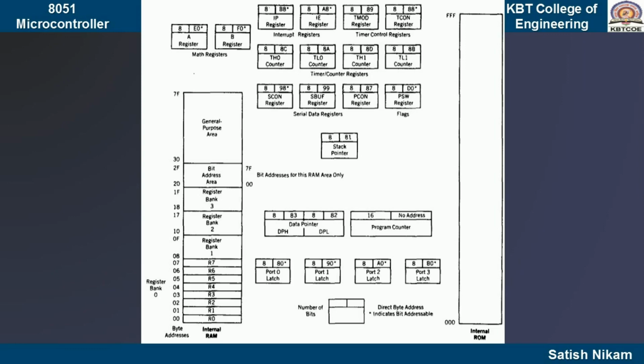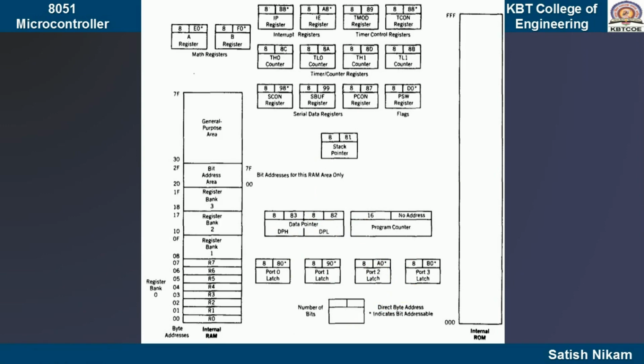Same way, there is one more important register, that is the data pointer. Means the program counter is going to point out ROM, the code memory. Remember, ROM is also called the code memory because we are going to store the code of our program on the ROM. But suppose I have some data and that data is supposed to be picked up. So, that data can be pointed to by one register and that register we call the data pointer. Again, this data pointer is actually the combination of 2 8-bit registers, DPH data pointer higher and DPL data pointer lower.